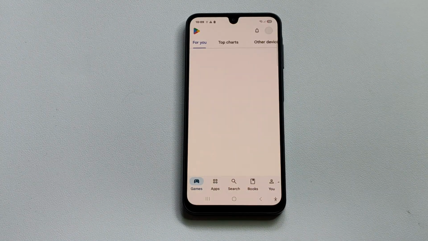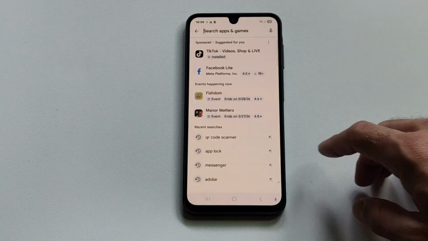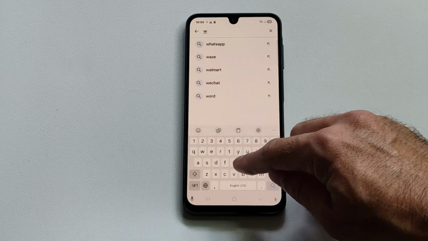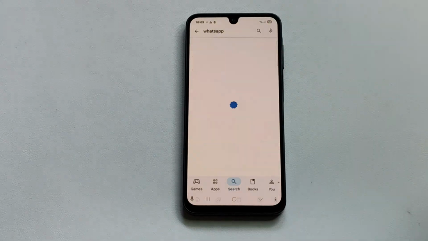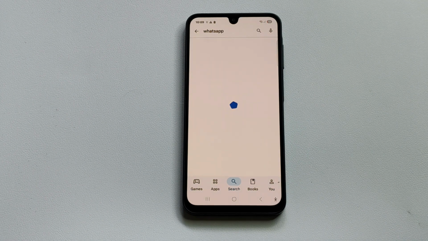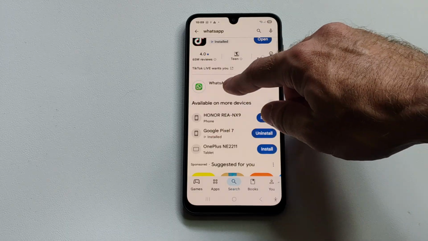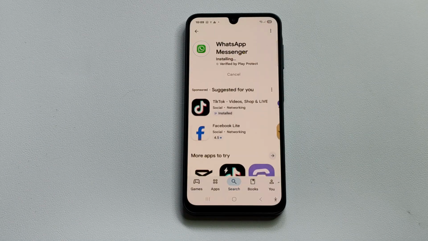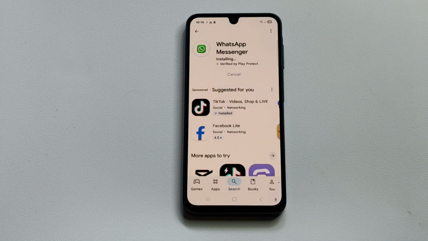Then you're going to be signed in with your account, and just go to search, down here, go to the top, and search for WhatsApp. So let's go to WhatsApp right here, and it should auto-populate it for you. And we can see WhatsApp's down here. It looks like it's updating currently for me. So all I have to do is go to install, and I should be able to install it and download